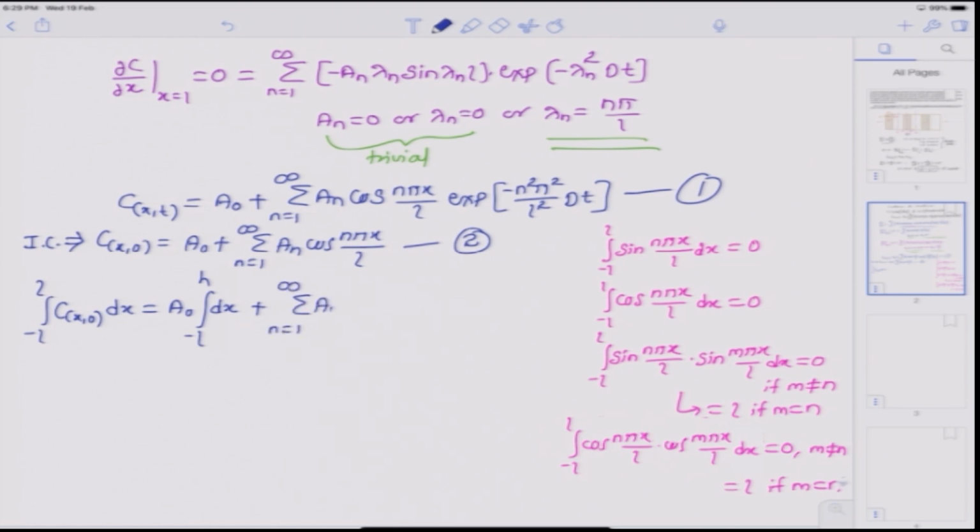A n's are constant, so we can take them outside the integrals. Integral minus L to L cos of n pi x by L dx, and n is an integer here. So, using this second integral property, we see this integral will be 0,